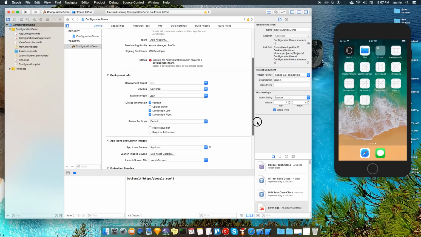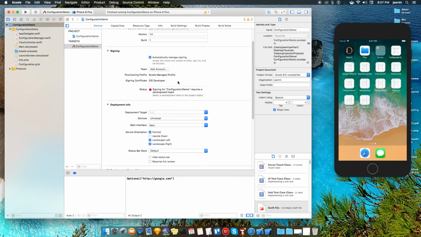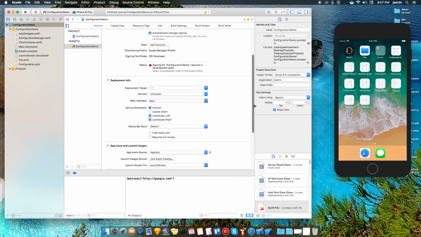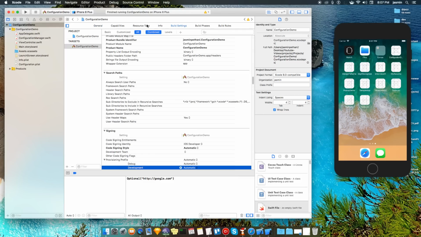And you can change from here. So this is how you make the stuff easy for your work. So this is it for the configurations.